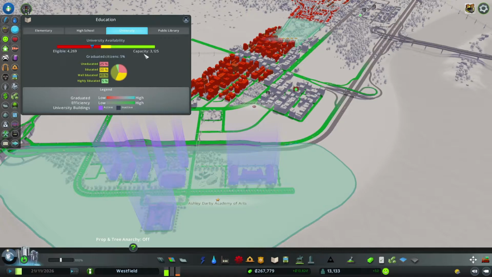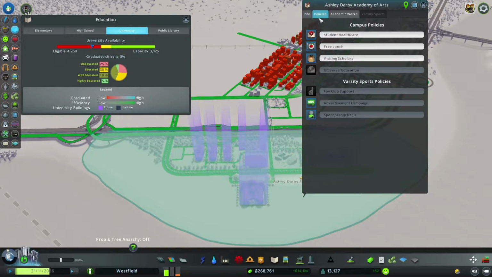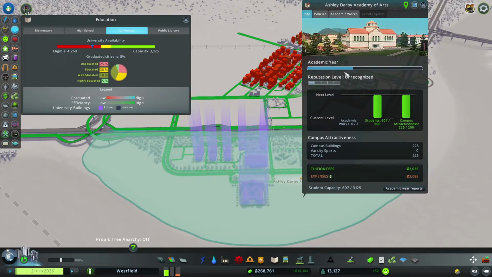I'm going to leave it like this, because what's going to happen is these universities function on an academic year. So you can see this is how far into the academic year we've gone. Right now we're meeting the requirements of students, and we're meeting the requirements of attractiveness. Once we finish this academic year, if we've met all 3 of these current goals, we'll unlock additional buildings for our campus, additional school buildings, additional clubhouses, stadiums, all that kind of stuff. And I want to be able to leave some room to put those in here, all of which will up